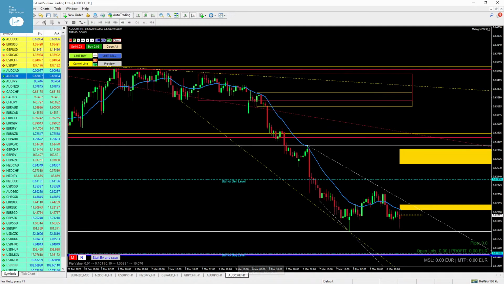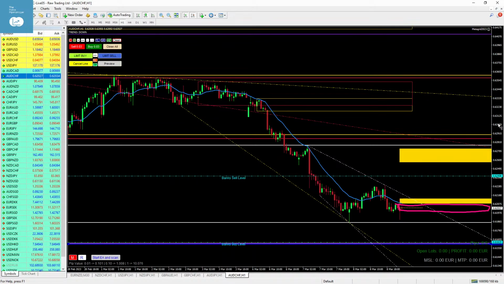And so we come to the last pair, the Aussie Swissy. And on this pair, we have at the moment a big question mark. What happens here on this major order block? What we have on this pair, and I think it will do this, is a very strong support line from the daily chart, which has not been tested for a long time. So I think this pair wants to retest this level again,